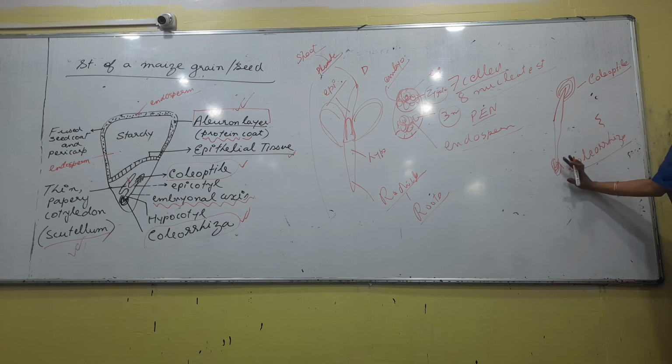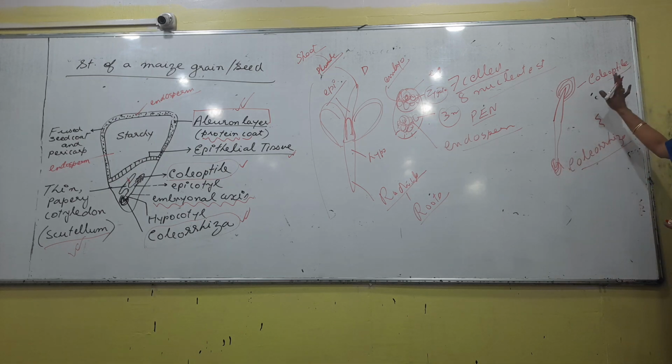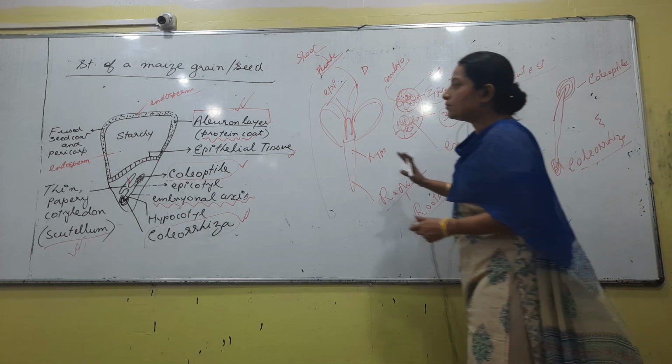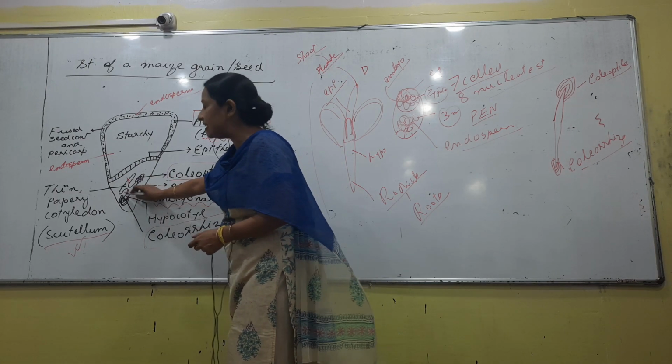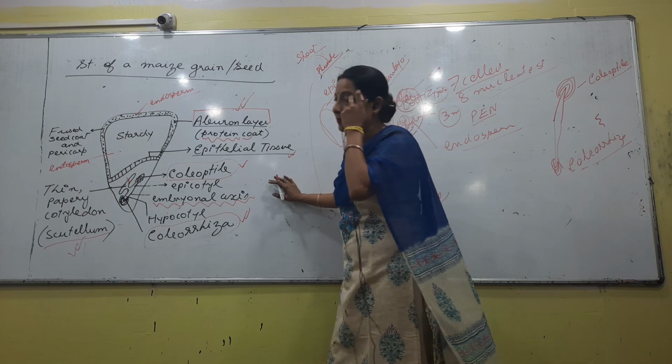right. So where can you see coleoptile and coleorhiza? It is a characteristic of only the monocots and not of the dicots. For dicots, are coleoptile and coleorhiza present or absent? It is absent. For monocots, are plumule and radicle present or absent? It is absent. What is coleoptile? Nothing but the plumule covered with sheets of cells. What is coleorhiza? The radicle covered with sheets of cells. So these are the points about this one that you need to remember.